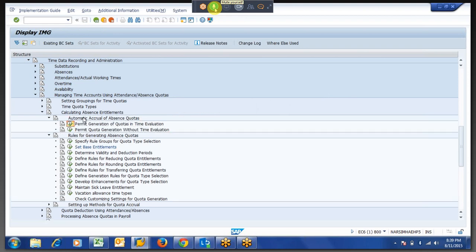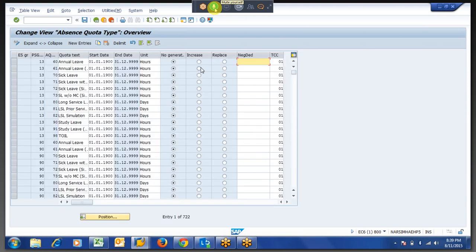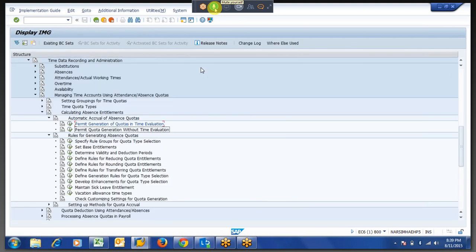One is generation of quotas, increase and decrease. Second one is base entitlement, and third one is generation rule. I think generation rule we skipped maybe.